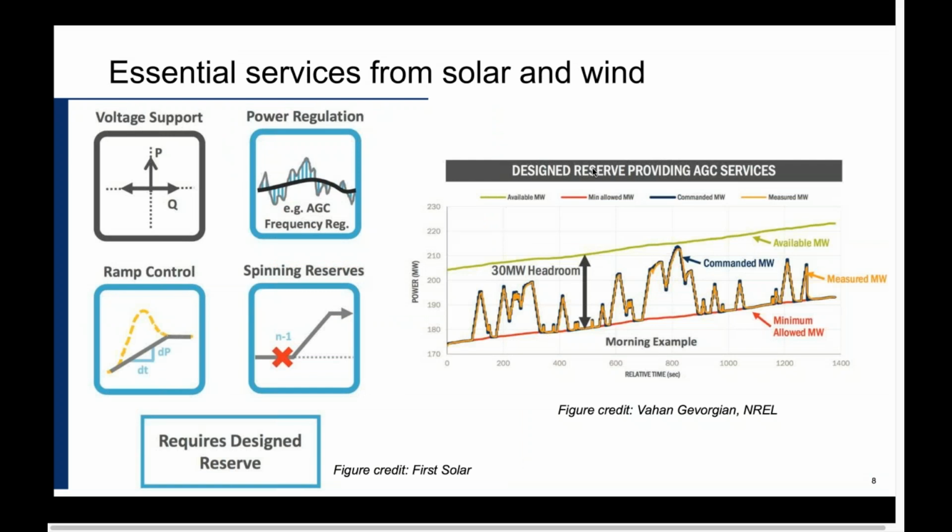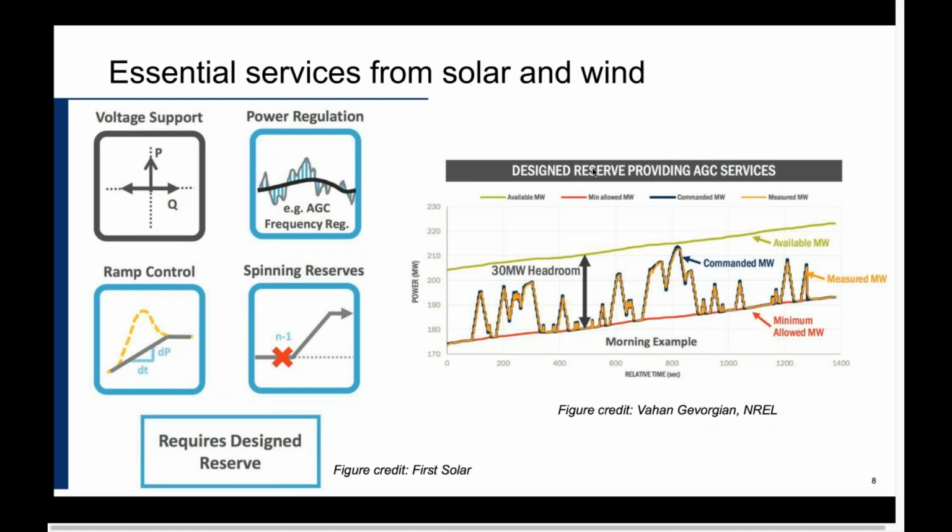Some of the essential services expected from solar and wind are voltage support, frequency regulation, which is also referred to as automatic generation control, ramp control services as decided by the local balancing authority, and spinning reserves, again as decided by the balancing authority. The graph on the right is an example of how